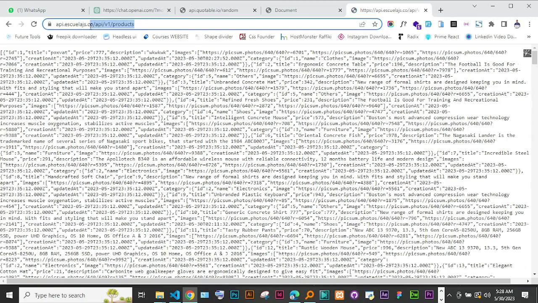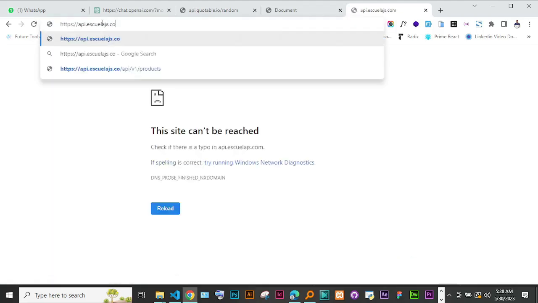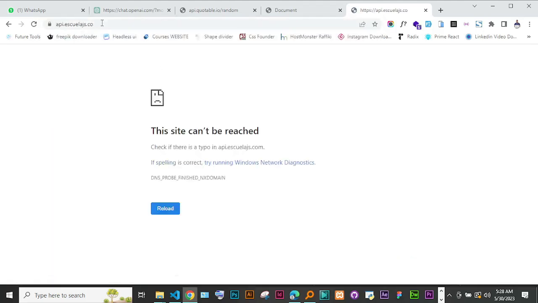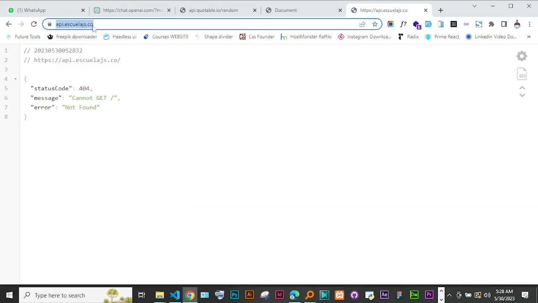You can go to this API. You can see this one. I think we can go to this place. I don't know if it is .co. Okay, just type in like free JSON. Let me just say